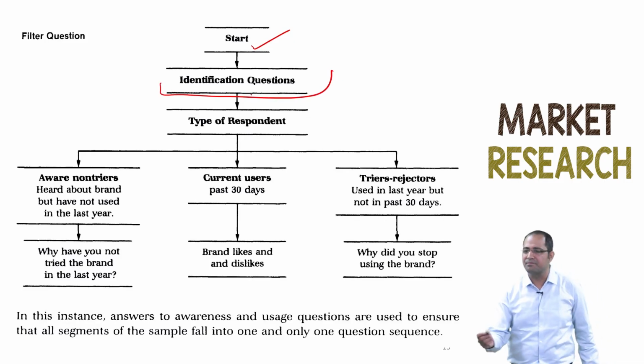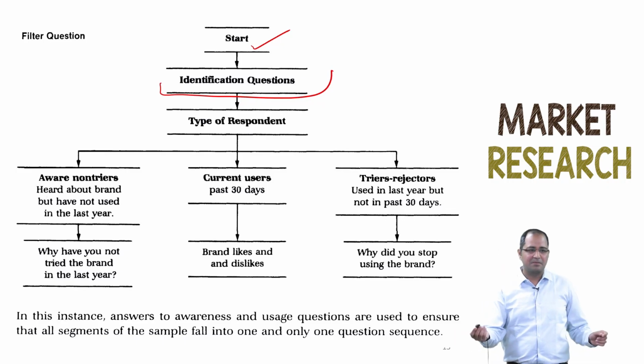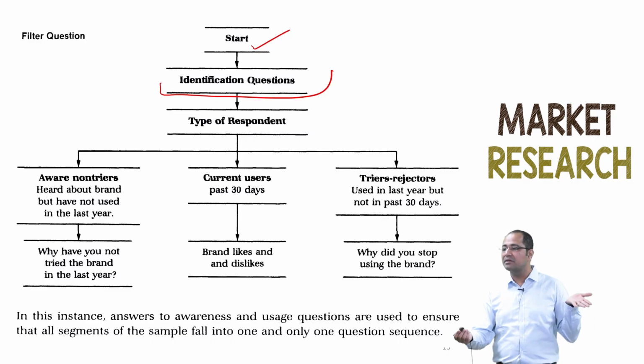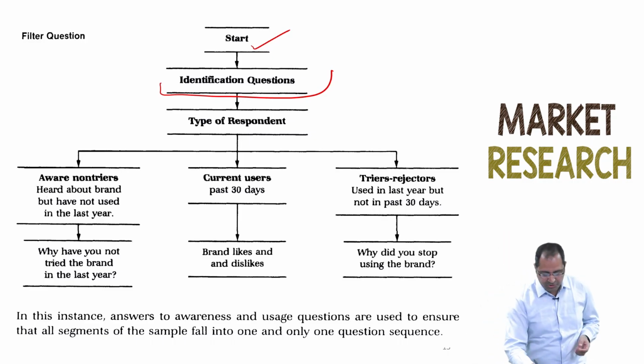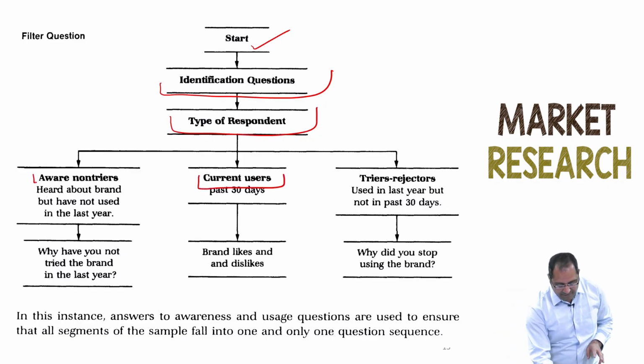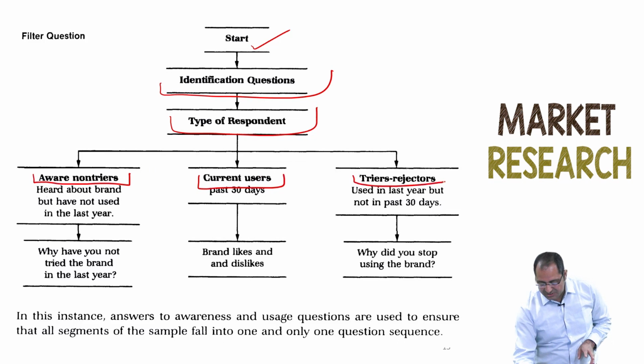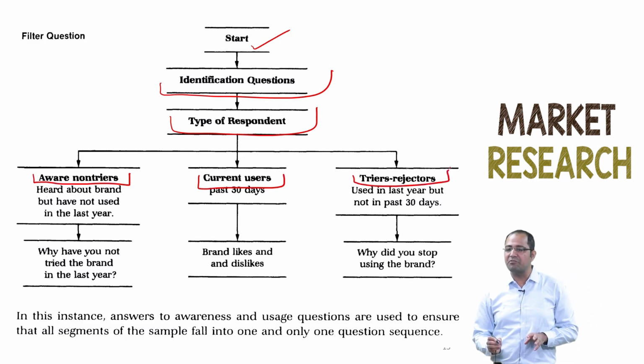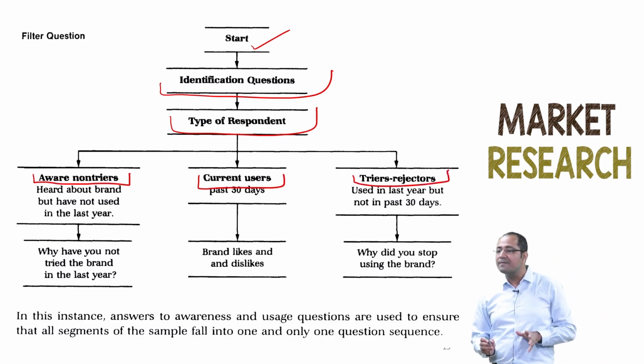Identification questions, which means what are the identification questions? Name, age, gender, and all these personal questions. Then type of respondent. There are three types of respondents here: current users of the product, aware but non-triers, and triers and rejecters. So this is for a particular product. This company is conducting a survey, and